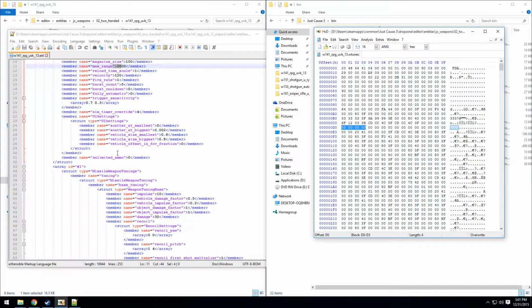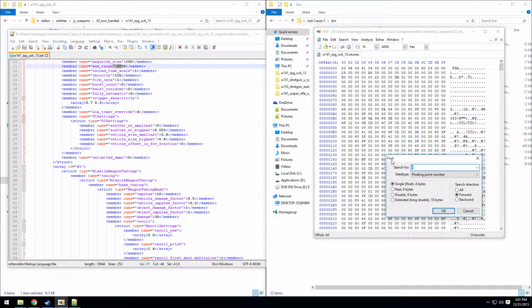Alright, I'm going to do just one more example real quick, and this is going to be for the unlimited ammo. Again, I like to try to find the random number that is most likely only exists once in the file. So we're going to do the